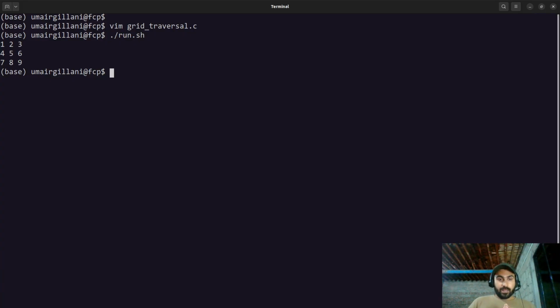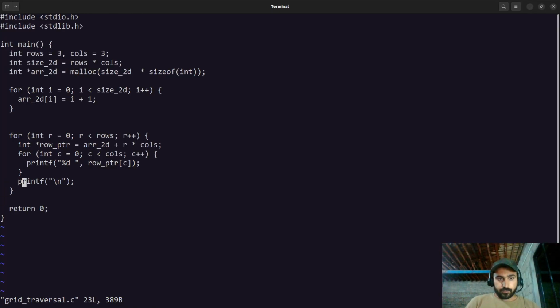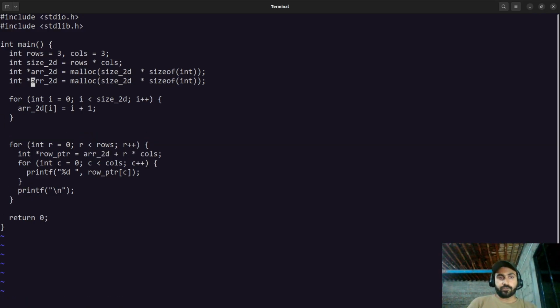You'll have a very good understanding of how C works under the hood, right? So this was the first thing: we use this formula, row times number of columns, and the starting address of the entire one-dimensional buffer to find the 2D matrix, right? And now let's say I have something called a 3D array, and this will have, let's define another